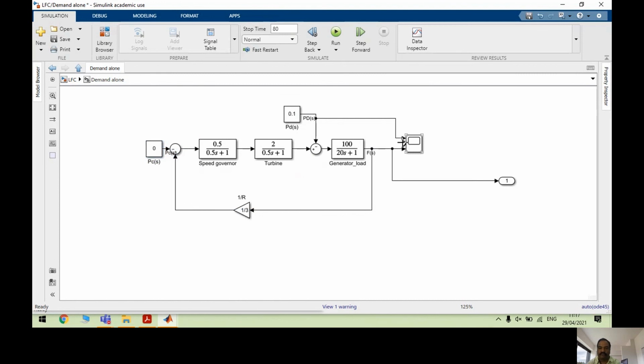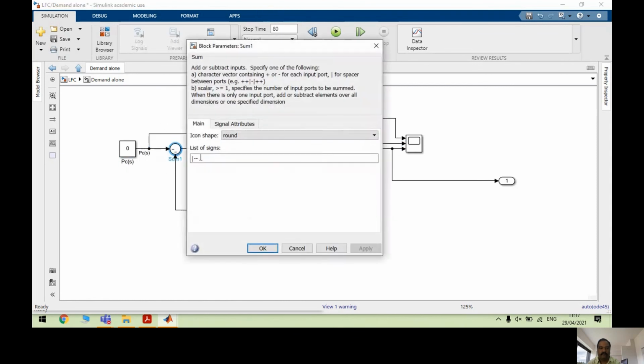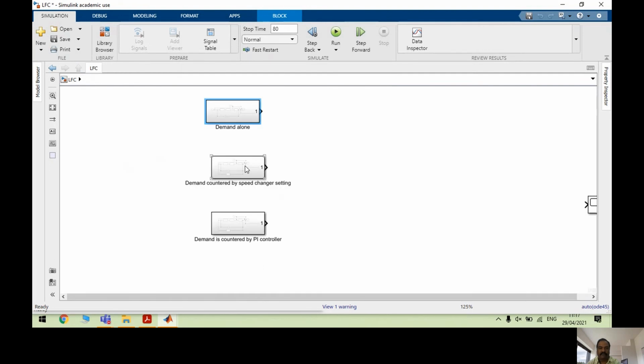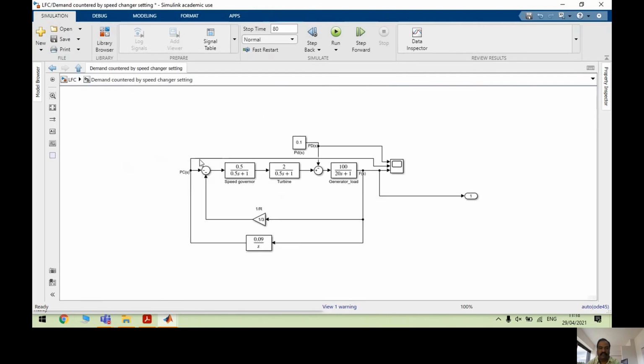So initially it was only this one, and the feedback was positive. This was the initial one, and the second one is again this is going to be,